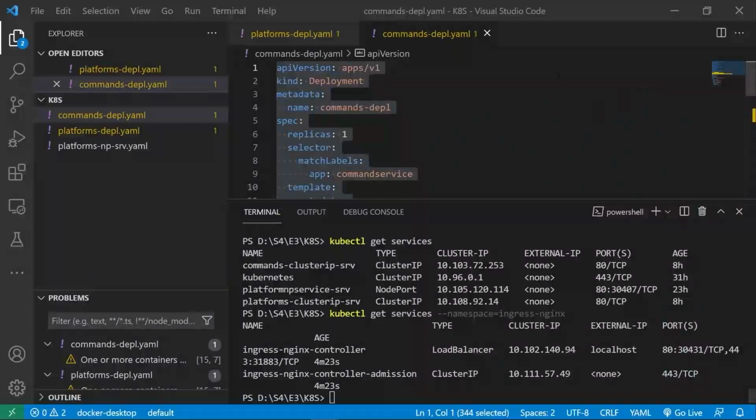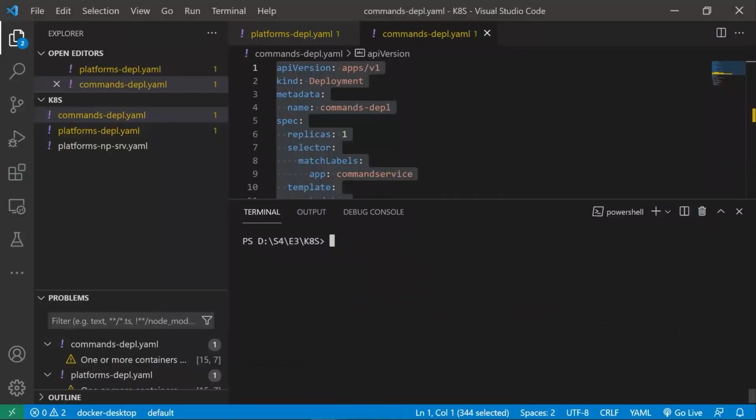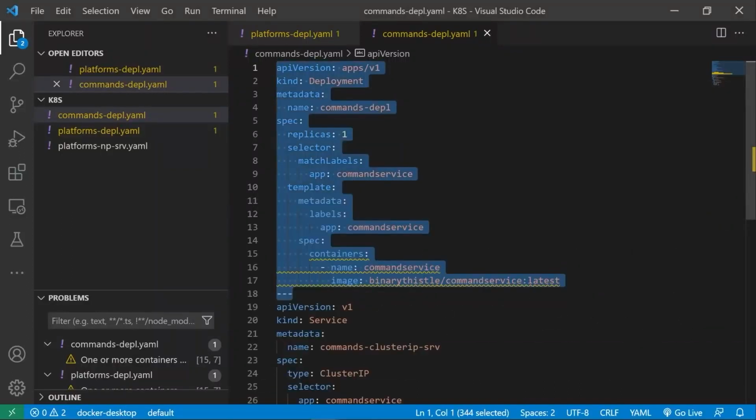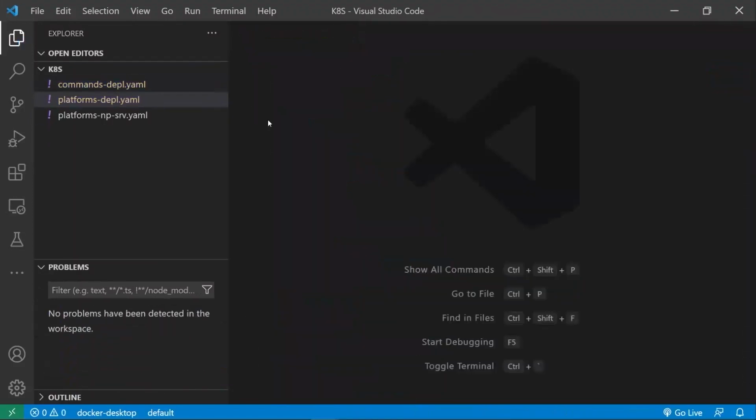All right, so back over in our K8s project, so make sure you have your K8s project selected. I'm just going to clear the terminal screen. I'm actually going to get rid of it for the moment. We don't need it just yet. And I'll clear down these other 2 files. So we're going to create yet another YAML file in here. So right click, new file. And I'm just going to call this